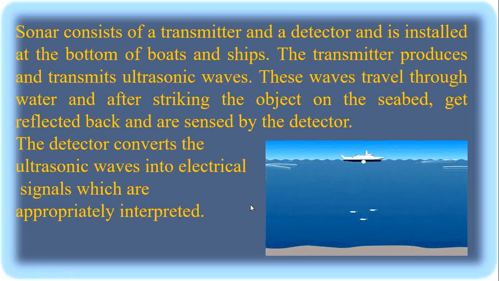The sonar consists of a transmitter and a detector, and it is installed at the bottom of a boat or ship. See this diagram. It has two parts, transmitter and detector. Now here the transmitter produces and transmits the ultrasonic waves. Which one produces the ultrasonic wave? Transmitter. Now these waves travel through the water and, after striking the object on the seabed, get reflected back and